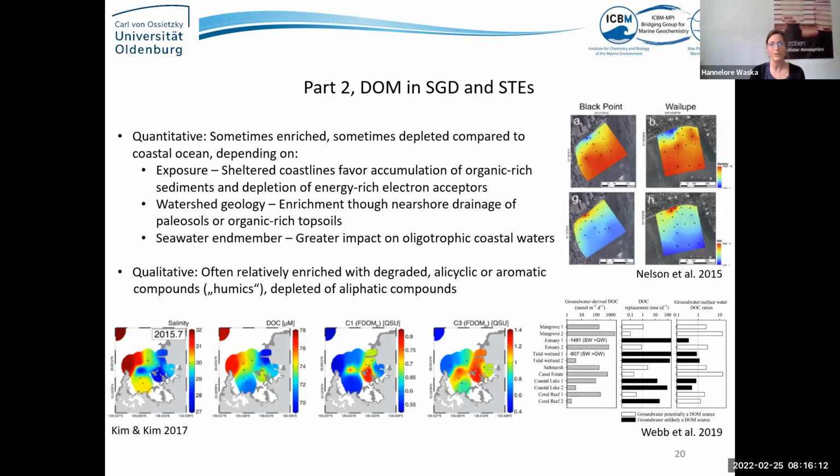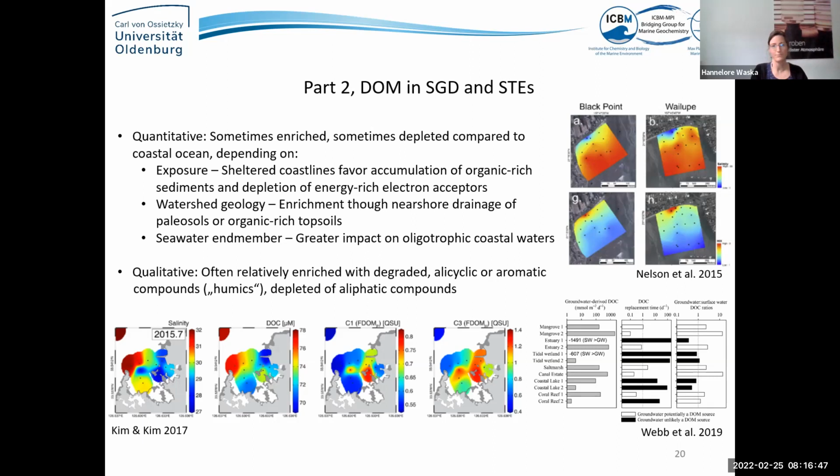So what we know about DOM is that on a quantitative level, there is no homogeneous picture. We see some systems where groundwater is enriched compared to seawater, and some systems where it's depleted. It seems to be related to exposure and watershed geology, and also the relation between seawater and groundwater end member. One really nice paper was by Jackie Webb in 2019, where they looked at a lot of different systems, and it was very heterogeneous in the effect that SGD has on organic carbon cycling in